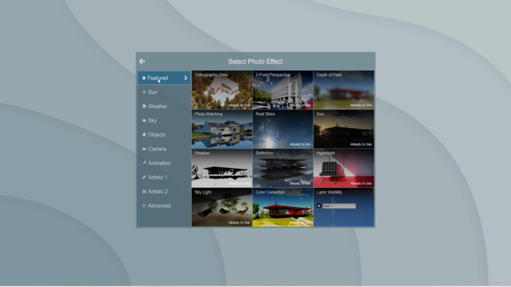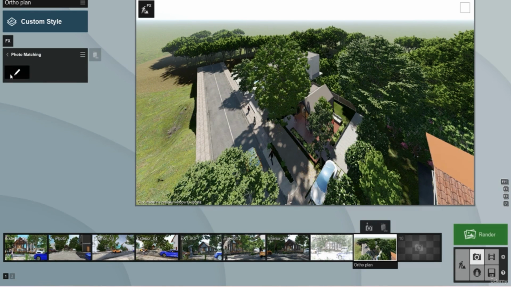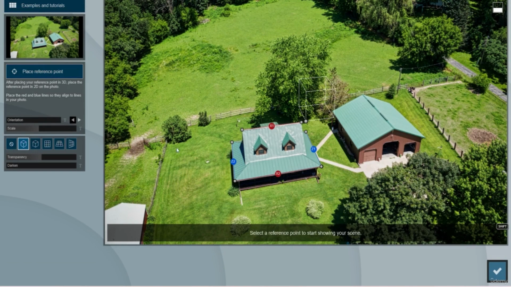If you go to the feature, you will find the photo matching tool, and here the photo matching setting. Just click this button, and as you can see now you will find a default Lumion photo matching tool image,